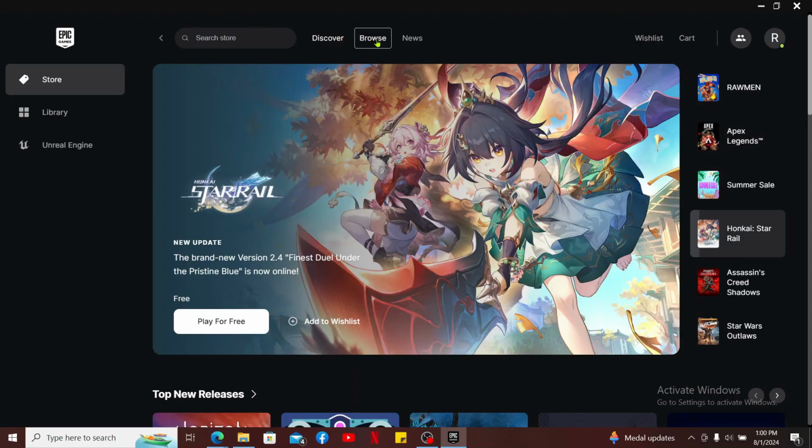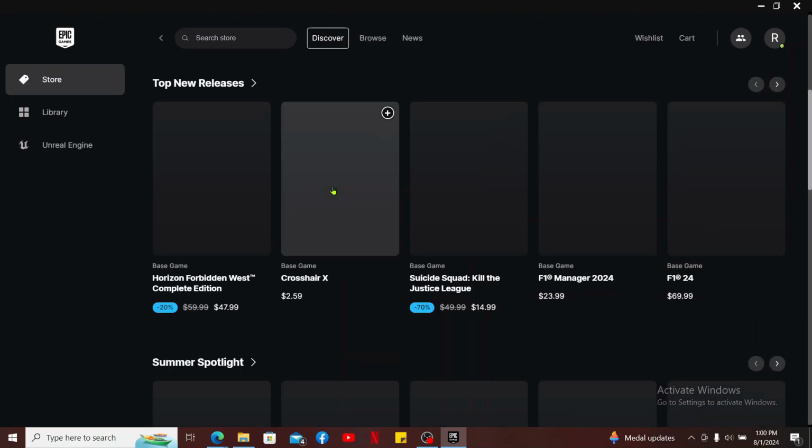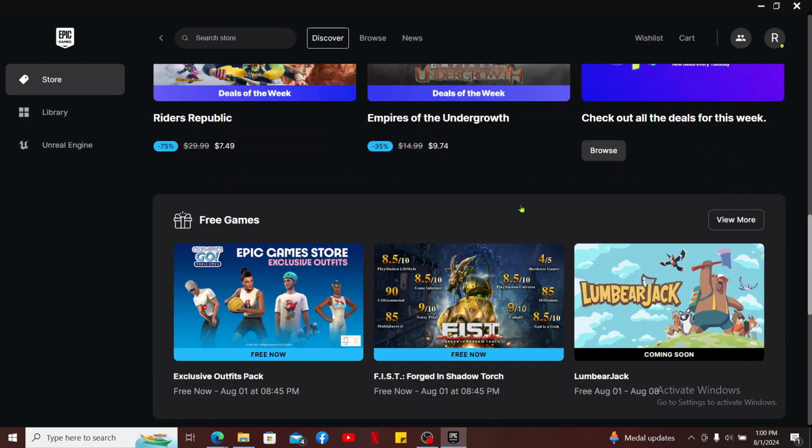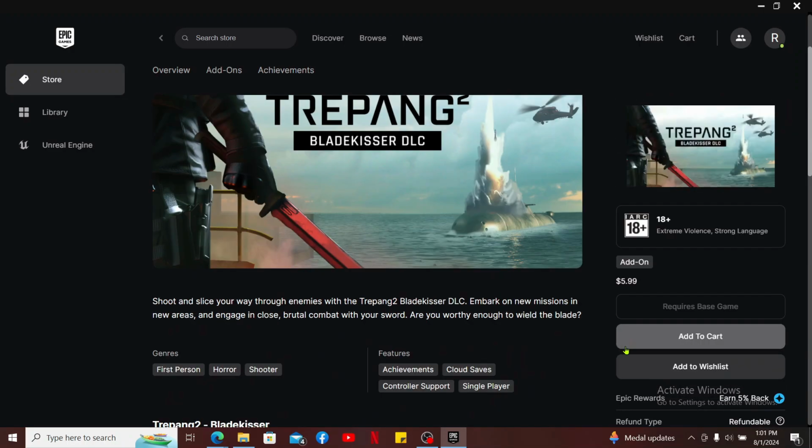You can also click on the Browse or the Discover menu and find the games from the list that you'd like to purchase. After you find one of the games, click on it and then it will show more details about the selected game. Now, go ahead and look for the Add to Cart option on the right hand corner